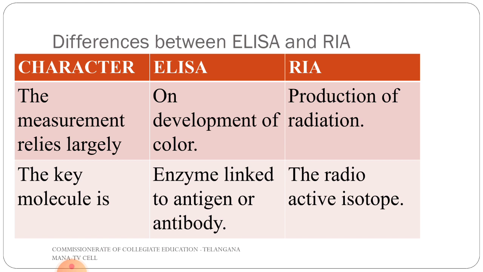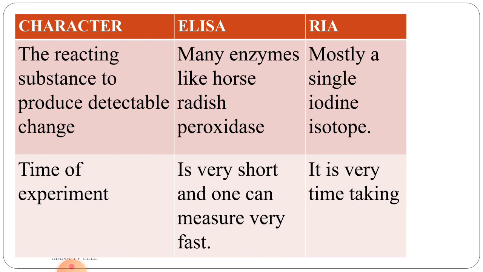Let us see the difference between ELISA and radioimmunoassay. Character: the measurement relies largely on color in the case of ELISA, whereas in radioimmunoassay it is the production of radiation. The key molecule in ELISA is an enzyme linked to an antigen or antibody. In radioimmunoassay, the key molecule is a radioactive isotope. The reacting substance to produce a detectable change in ELISA is the enzyme horseradish peroxidase, whereas in radioimmunoassay it is